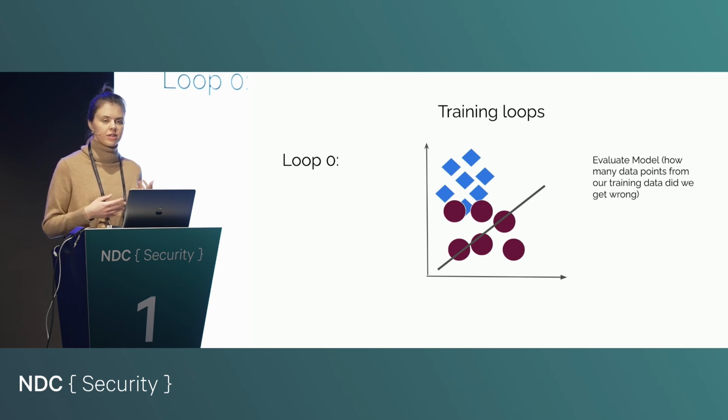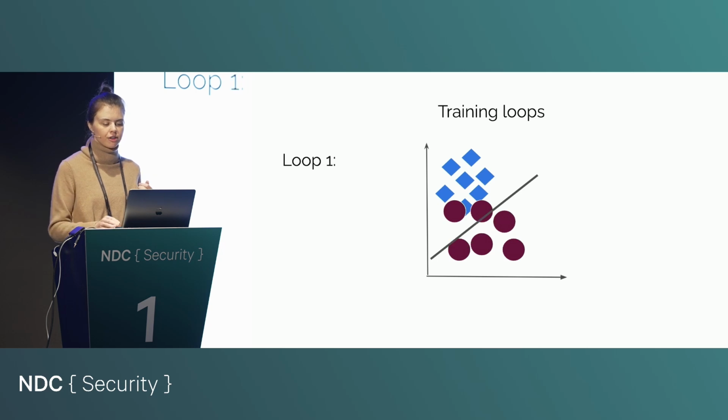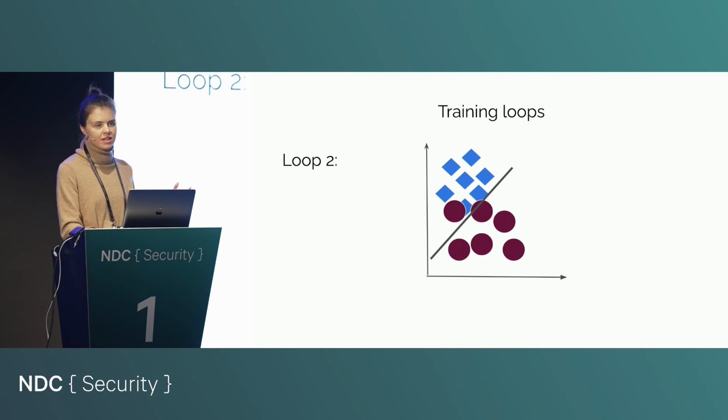So we can quantify how many of our training data points the model gets wrong, and then we can adjust the model during the next iteration slightly by moving the line up and down, and then recalculating to see if it improves or not. And we do this process many, many times until we get to a stage where we say, okay, this is an acceptable model. It only gets one data point in the training data wrong, so I can probably live with this.